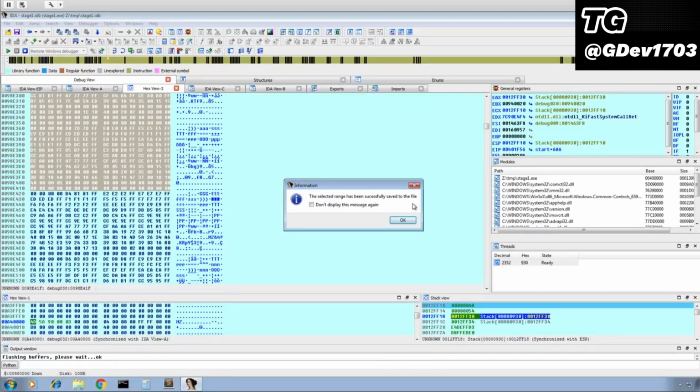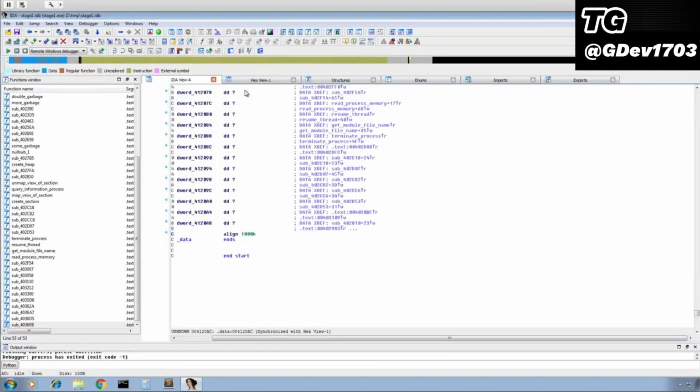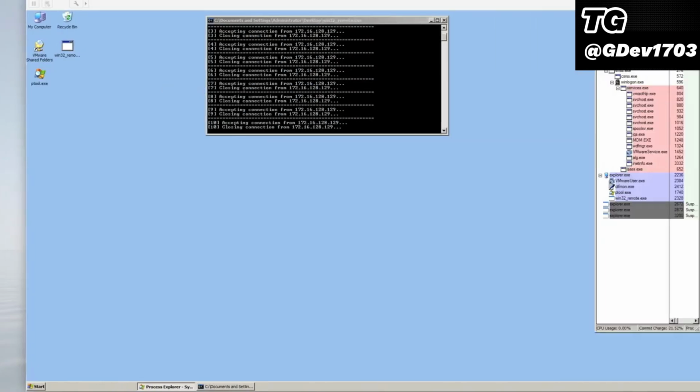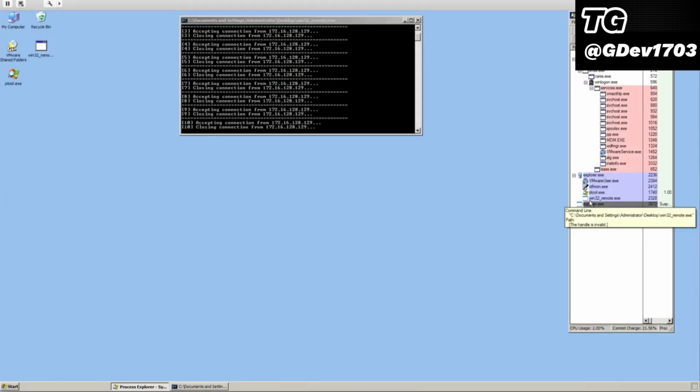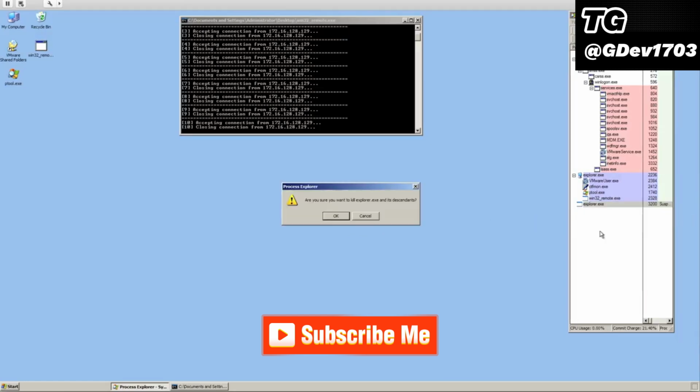Save that to desktop. Okay, so now I'm going to stop debugging, and I'm going to pop over to my victim VM, and I'm going to kill these explorer.exe suspended processes that have started. Not that they're doing any harm, but I'm just going to kill them anyway, just to make everything nice and clean. Okay,